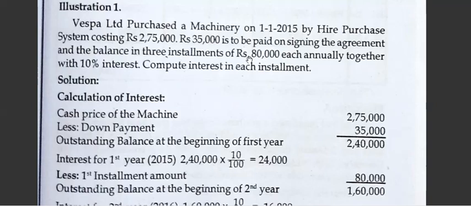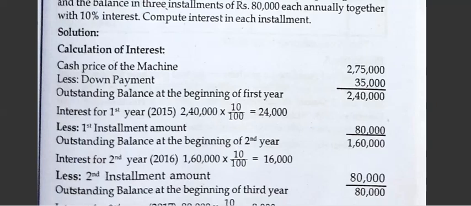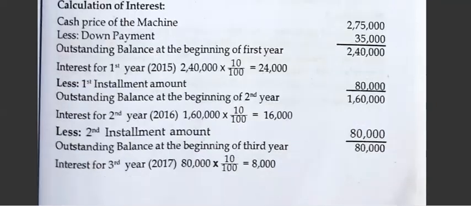So we have to go for the second case. Once you know it is the second case, you have to follow the procedure as we have done for the cases I explained. Here I will explain once again. What you have to do is take the cash price of the machine, given in the problem as 2,75,000, less the down payment, given in the problem as 35,000. Minus it, you will get 2,40,000. Now on 2,40,000 multiply the 10% interest rate, and you will get 24,000, less the first installment. From the first installment you have to deduct.